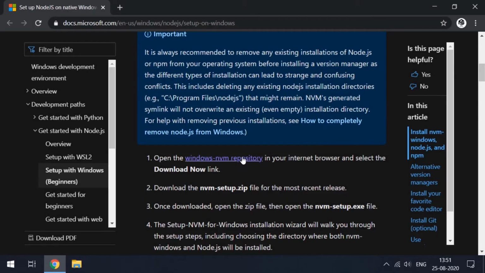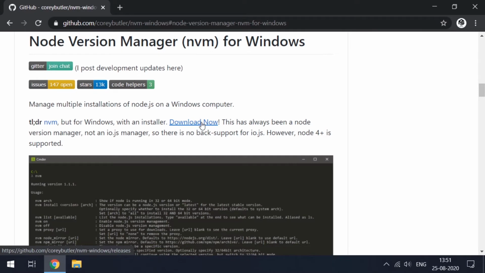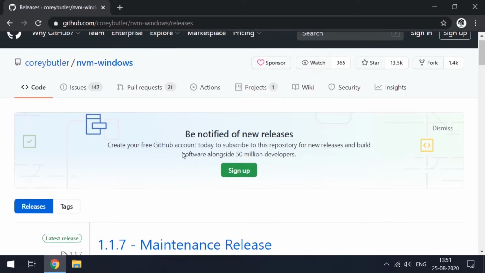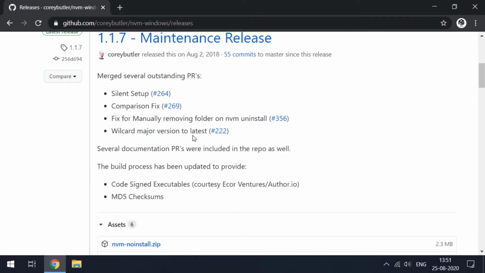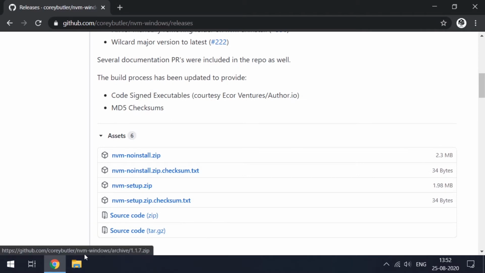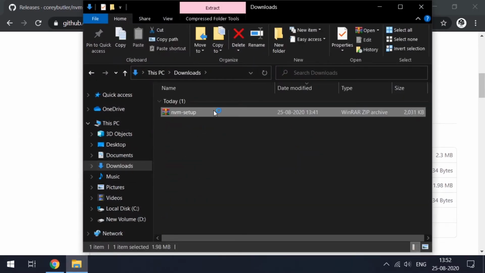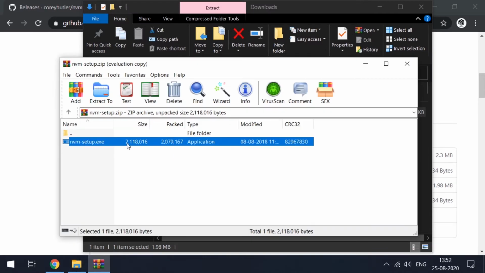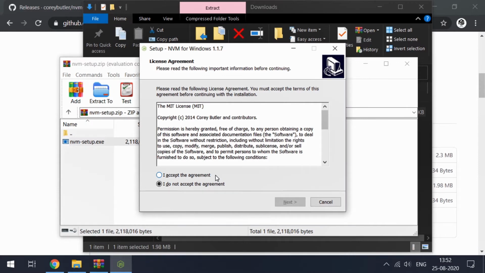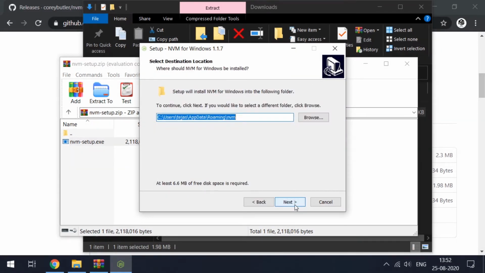We are going to install NVM. So what is NVM, you ask? NVM, or Node Version Manager, is a simple bash script to install and manage different versions of Node on your computer. Basically, NVM allows you to install and switch between different versions of Node with ease. This will help you to save a significant amount of time when you need to change Node versions on the go.